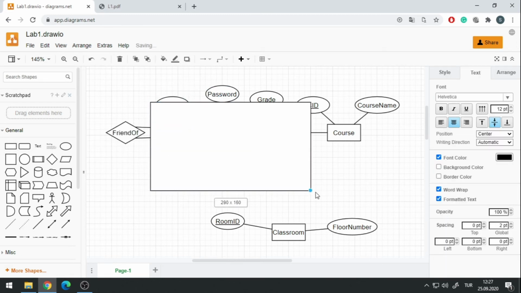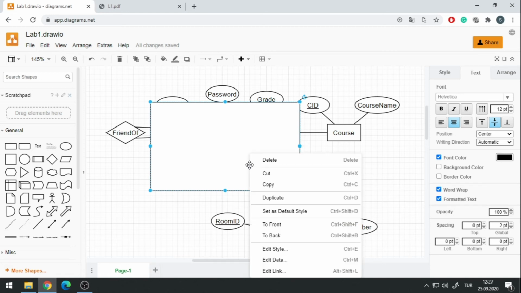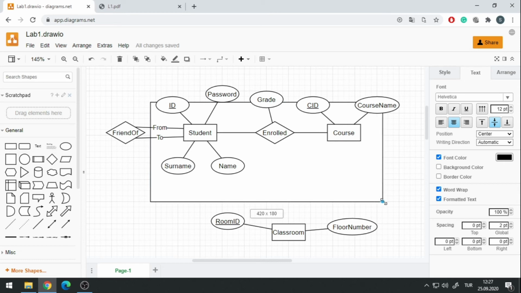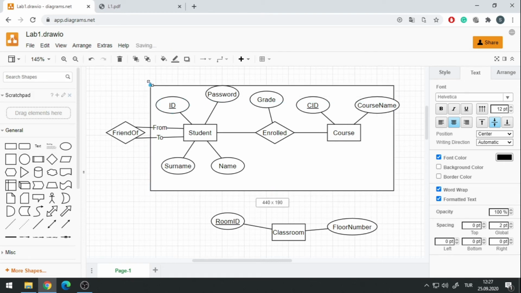And you should realize that each new item that I bring from this toolbar is going in front of the existing items. So there is some sort of layering system going around. And you can right click on any of the shapes and send them to front or back. This time I'm going to send my new rectangle to the back, and I'm going to make it large enough so that it contains the